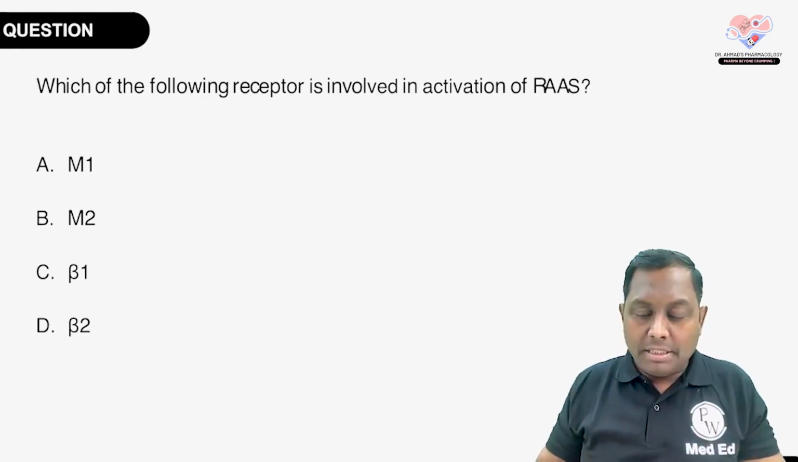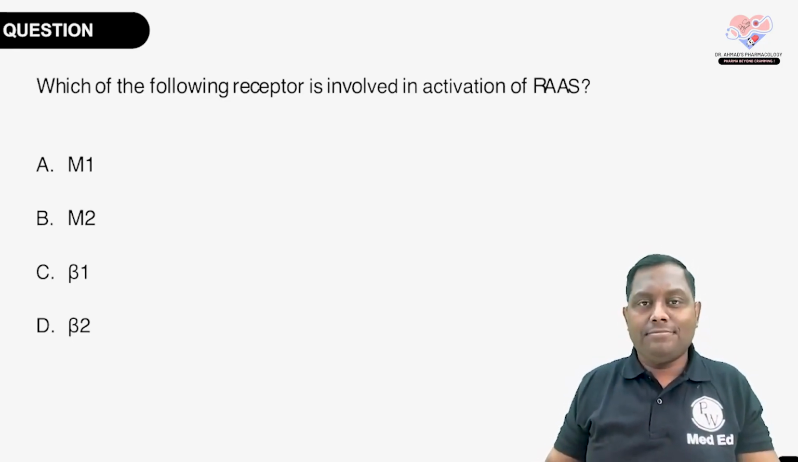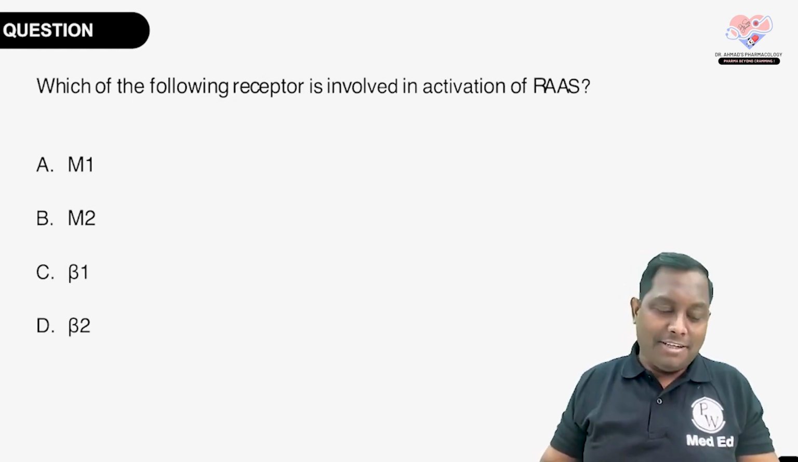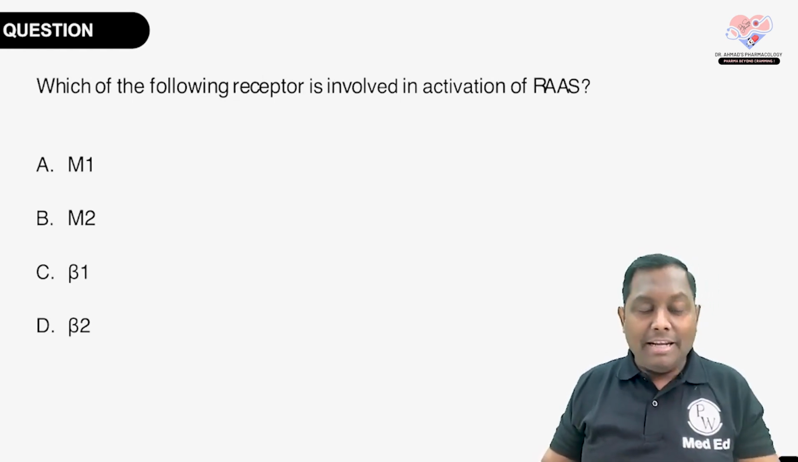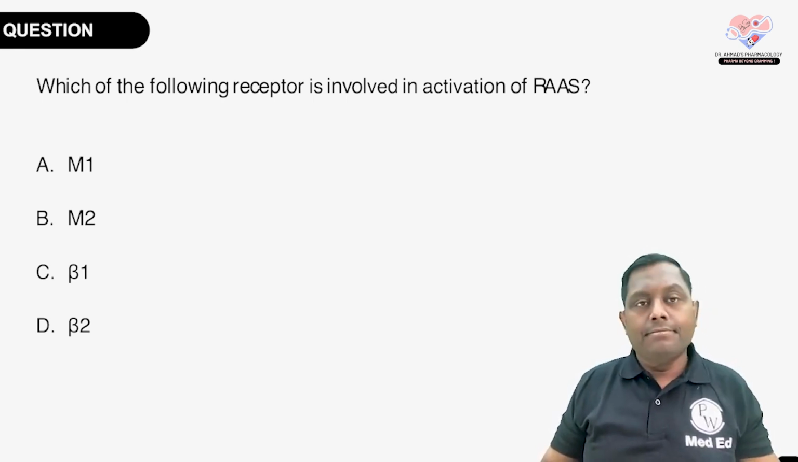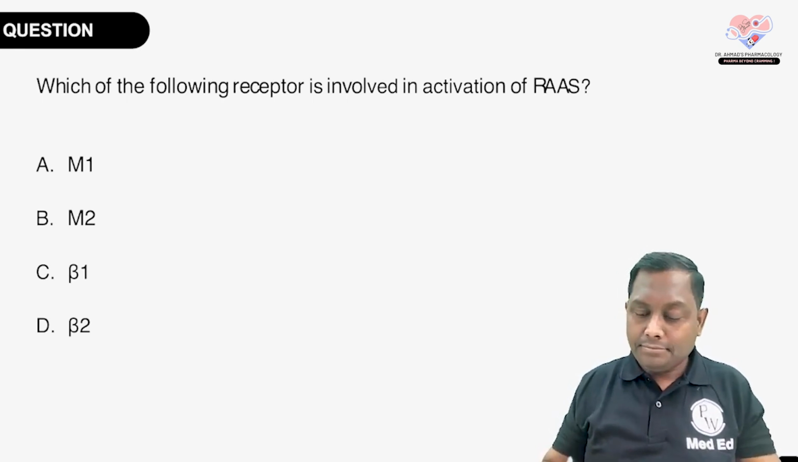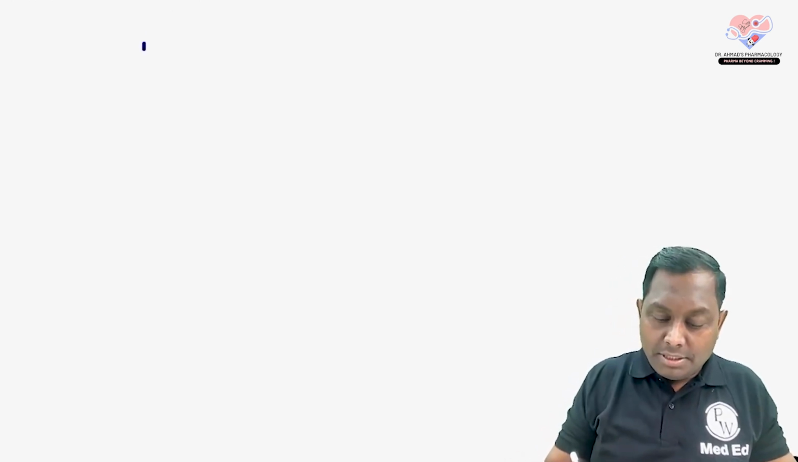Which of the following receptors is involved in the activation of the RAS system? This is an ANS question. The RAS system is the renin angiotensin aldosterone system. The options are M1, M2, beta 1, beta 2. Where does the activation of the RAS system happen? The activation of the RAS system is seen because